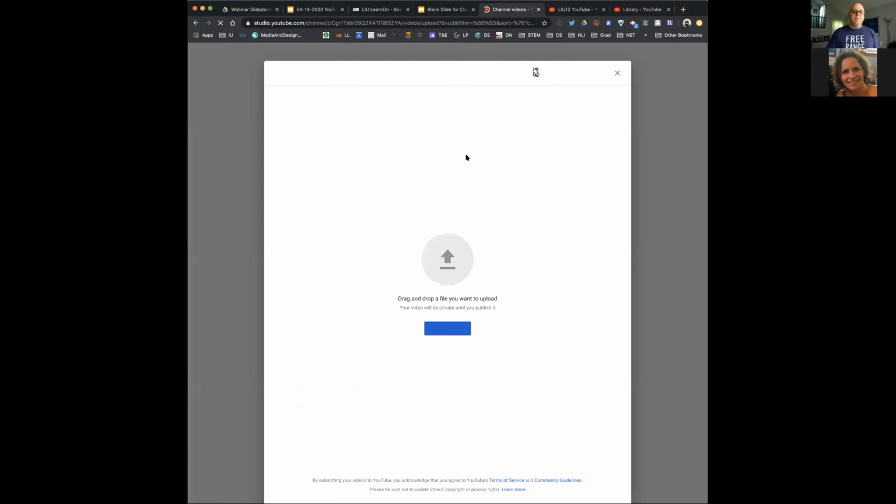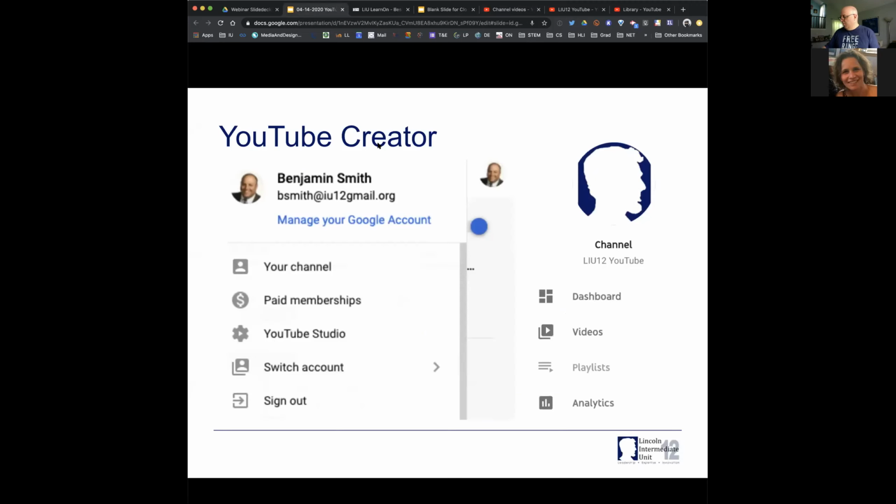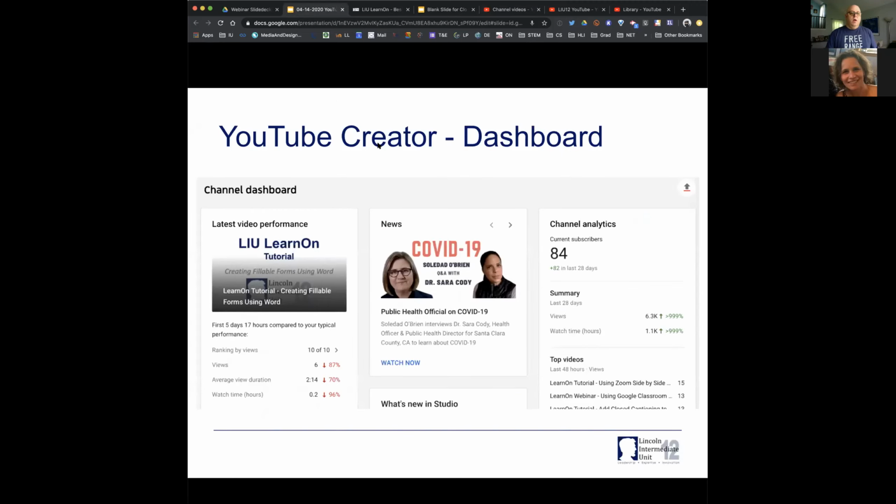So when I do that, it's going to bring me to this screen. And all I need to do is drag and drop a file. I want to pause here for a moment, because I want to talk a little bit about the workflow that I do. When I think about how I do my work,